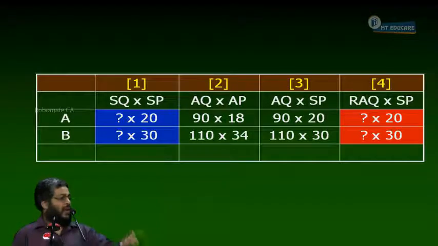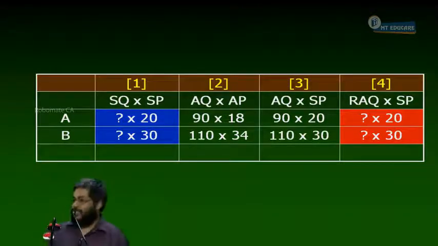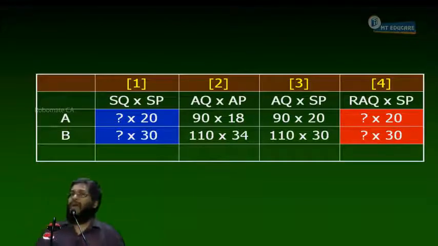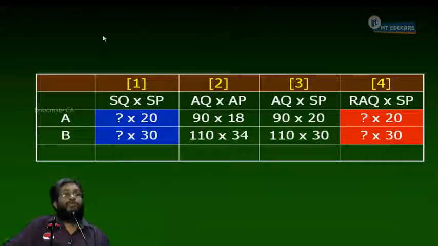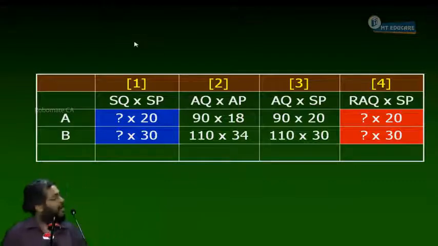Now, we have to calculate only 2 numbers. If I know SQ and RAQ, problem over. So computations are always simple. It won't take more than 2 minutes to solve a variance. The explanation only is long, but the answer is very small. Now, my aim is to calculate SQ and then RAQ. 2 villains. Who is the main villain? SQ. RAQ is very simple. SQ is the main theme.